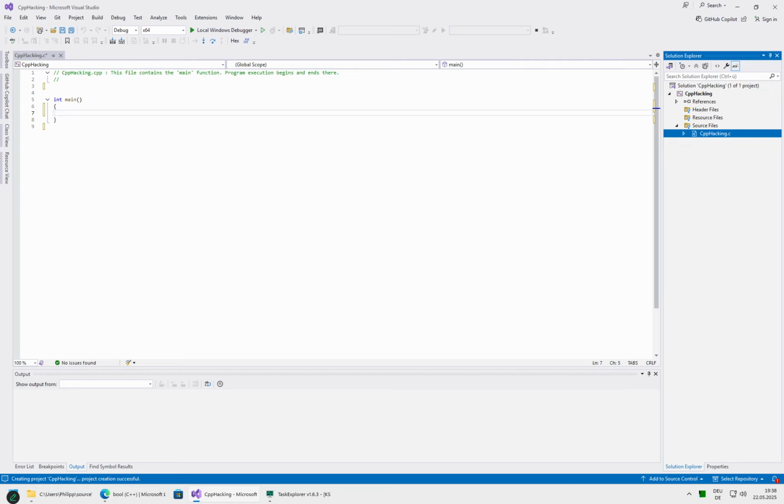So the compiler will compile files differently depending on whether they have a CPP or a C extension. Generally the language is kind of similar, but C++ code will not compile in a C file, obviously, but C code, if written the right way, will compile in a CPP file. In principle, the only relevant change that you might encounter when just pasting a C file into a CPP file